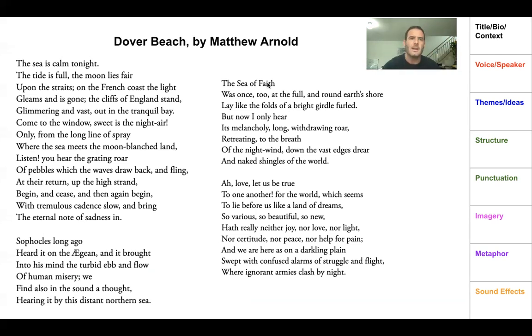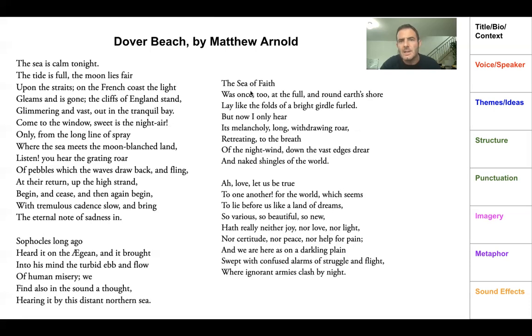So in the first opening moments, this is like the exposition. And to be honest, this could appear to be a typical romantic love poem. But over here, we go back into antiquity, into the classics and the Greek tragedian Sophocles, who hears something out there on the breeze, on the wind, on the sea in the dead of night. And what is he listening for? The same thing as Matthew Arnold or Matthew Arnold's persona. I believe this is autobiographical. I believe that this was written during the time of his honeymoon, as they stay in this little cottage above the hills. I can imagine a quaint little cottage, at the foot of a lighthouse potentially.